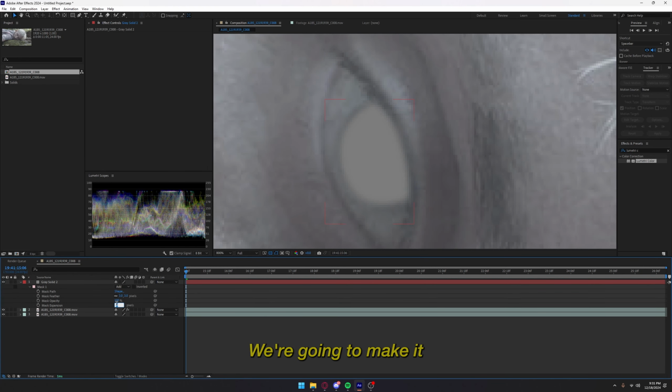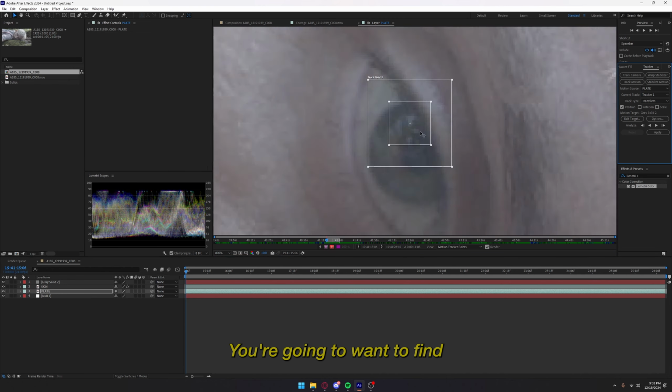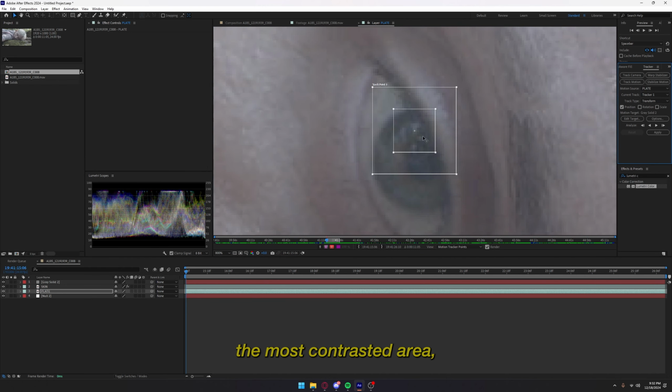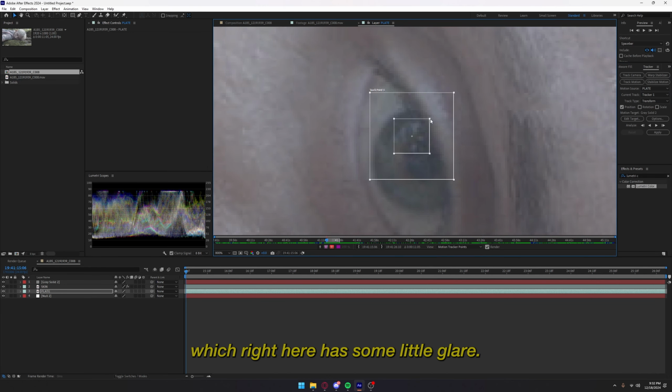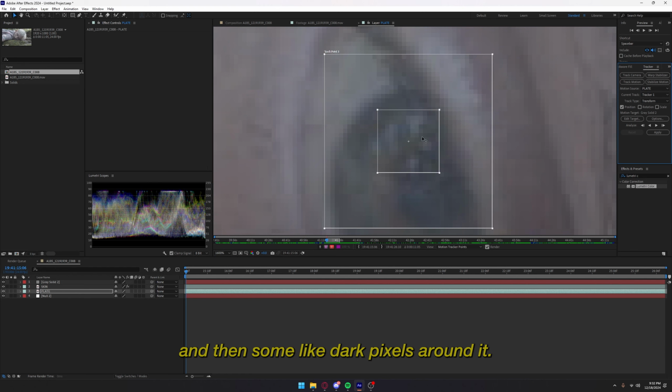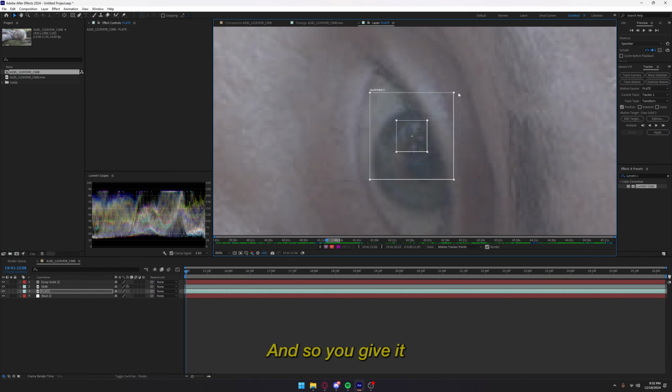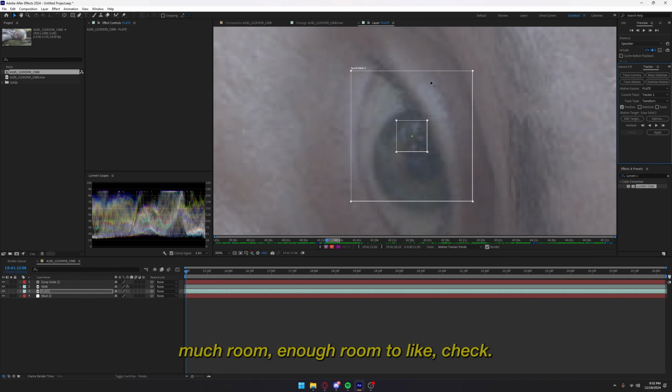You're gonna want to find the most contrasted area, which right here has some little glare in his eyes, have some white pixels, and then some like dark pixels around it. And if you give it enough room to check, there's not a lot of movement, so it should track it pretty easily. So we're gonna do that, make sure it's locked in there,